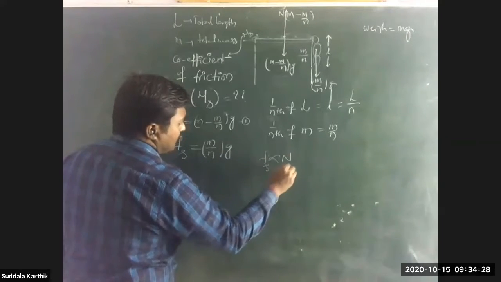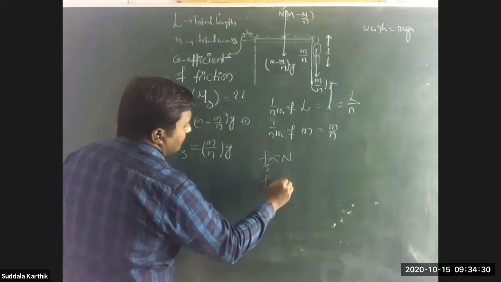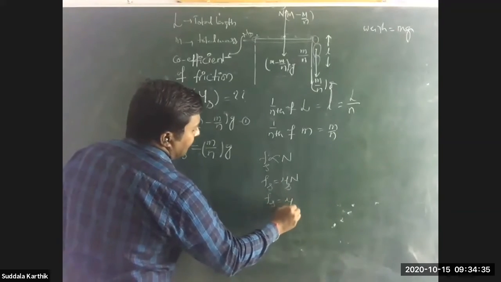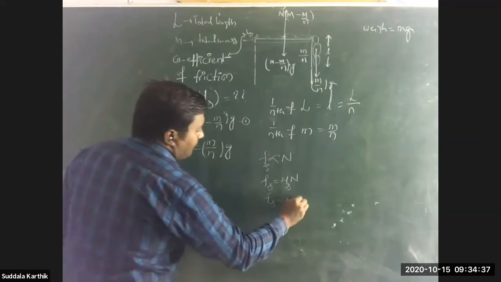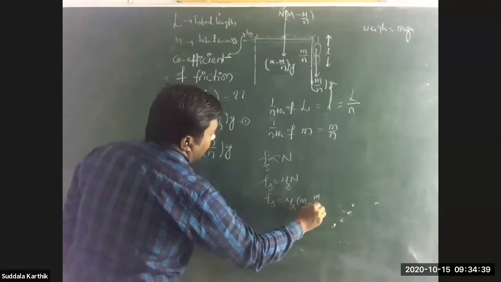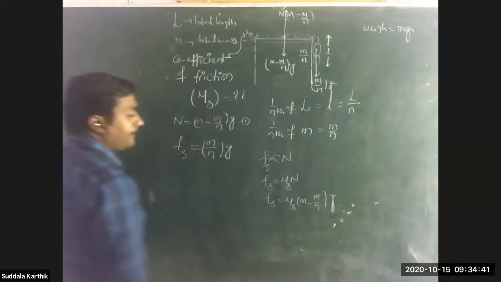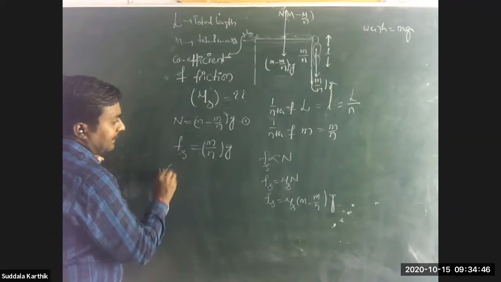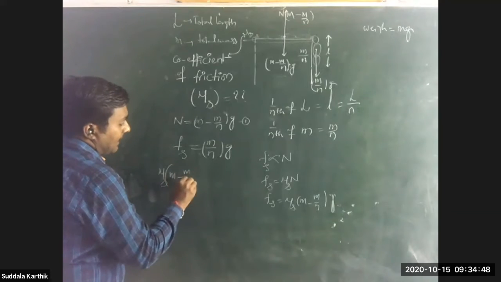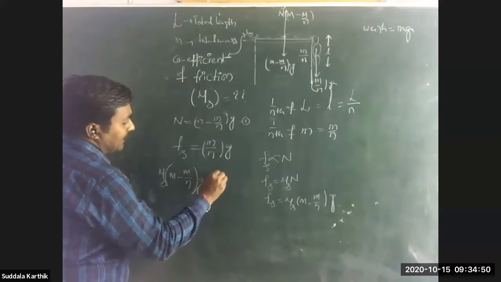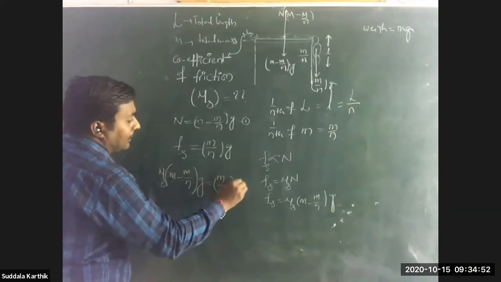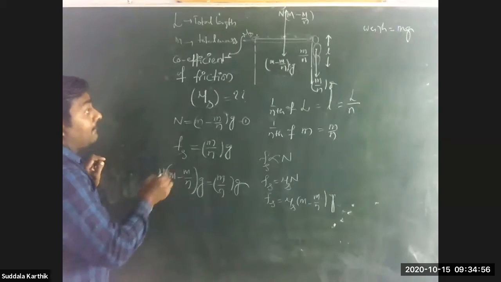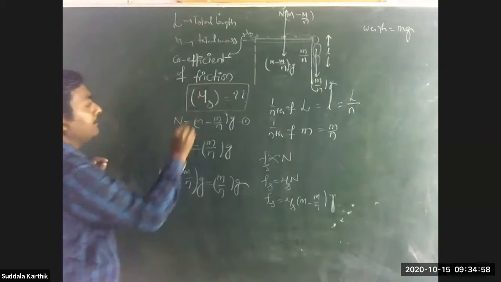You know very well that Fs is directly proportional to N. Fs is equal to mu s into N. Fs is equal to mu s into N, which is what, Nana? I know that N is (m minus m/n) into g. Then I want to substitute it here. So mu s into (m minus m/n) into g is equal to (m/n) into g. Like that I got. Now, my target is to calculate mu s.